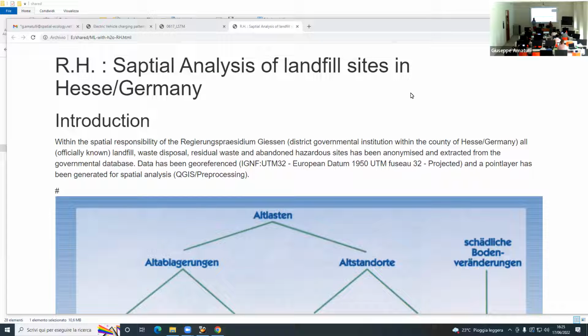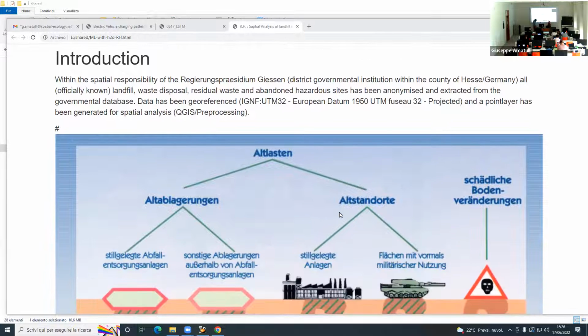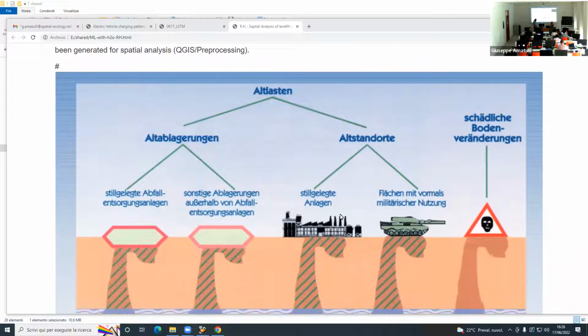Some data from my work, and it's local data on our spatial area of responsibility on landfills and abandoned industrial places, abandoned military places. We collect them for the state, and of course, it's in Germany. Just for explanation, we take care of dump sites, abandoned industrial complexes, abandoned military complexes, and other types